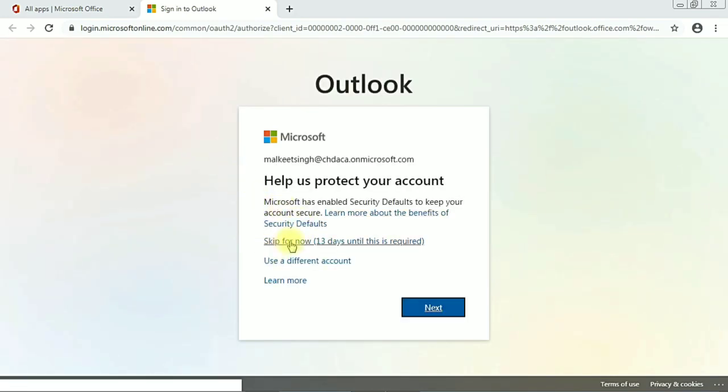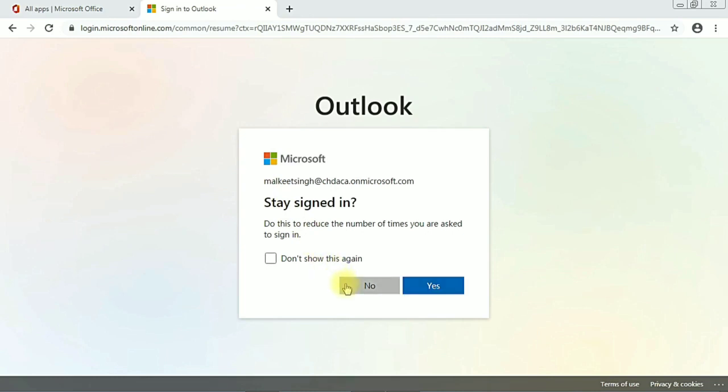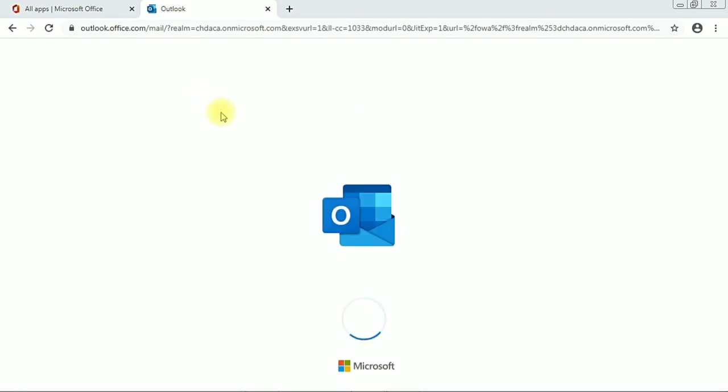It is asking me to sign in, so just skip for 13 days because I have recently created this account. Microsoft added some security features like two-step verification and all that, so I'm skipping that. Once it's loaded up,